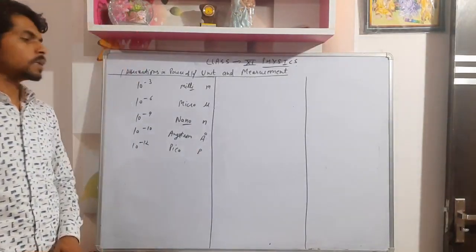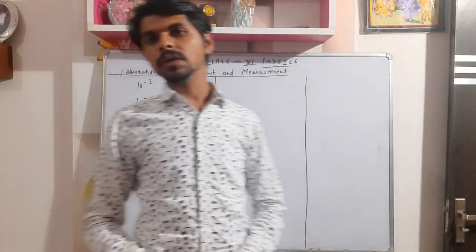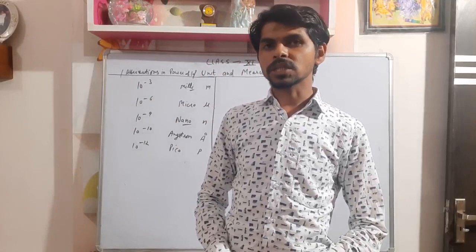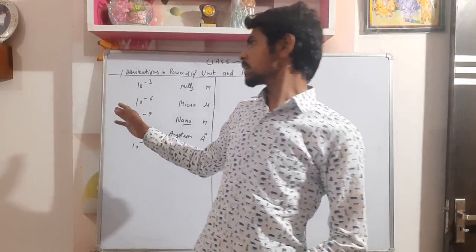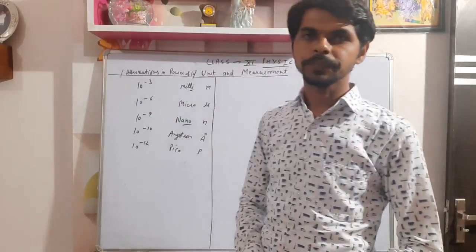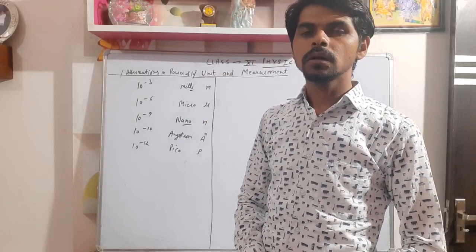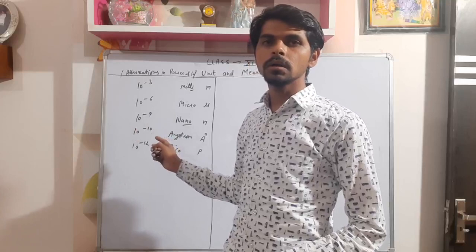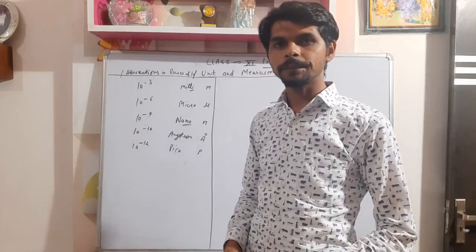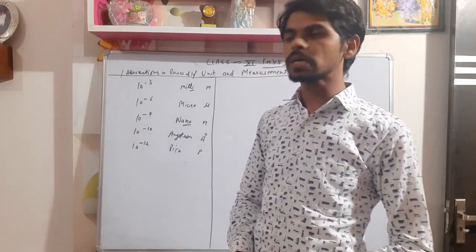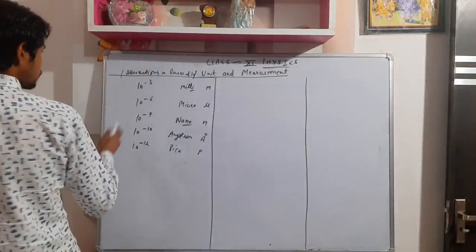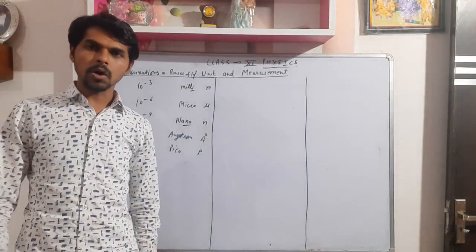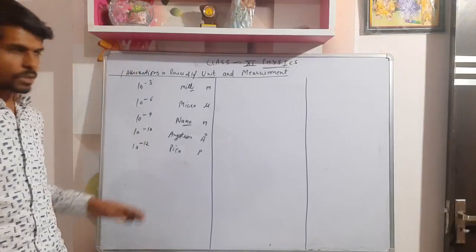So these are the negative powers of 10 which we are going to use in our numerical calculations in the upcoming lectures. Recapitulating: 10 to the power minus 3 is called milli, minus 6 is called micro, minus 9 is called nano, minus 10 is called angstrom, and minus 12 is called pico. These are some of the units to be used. The in-between terms, like 10 to the power minus 1, minus 2, 4, 5, are used very rarely. In every calculation this is mostly used.